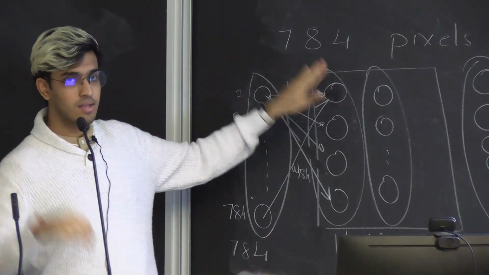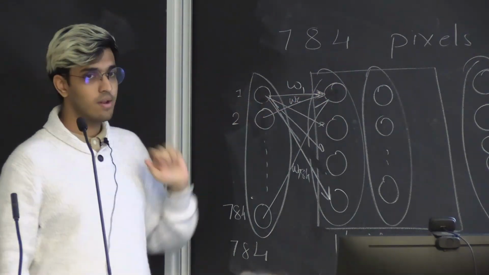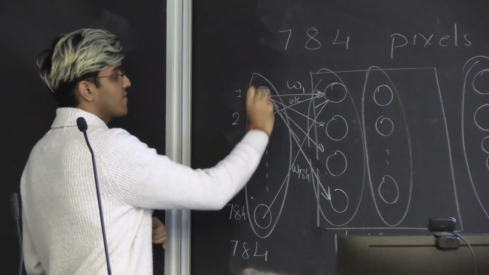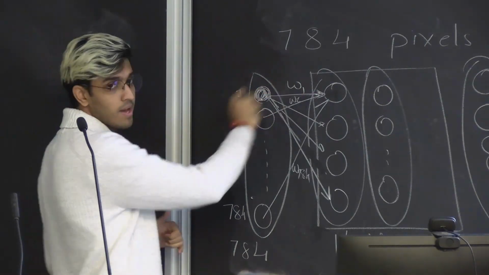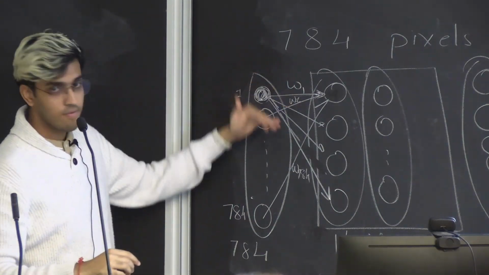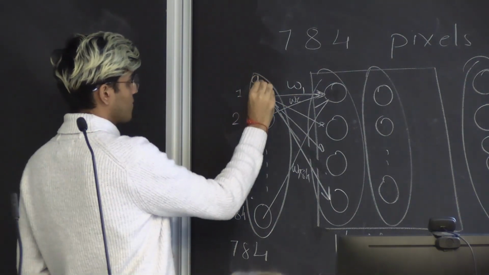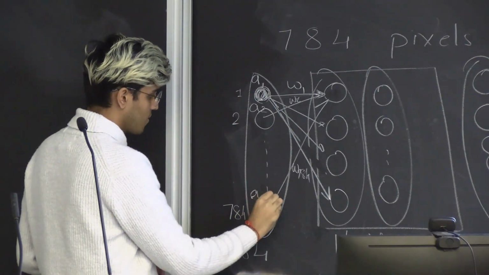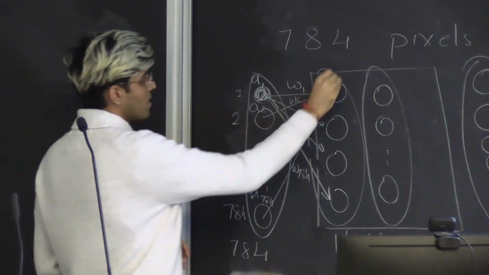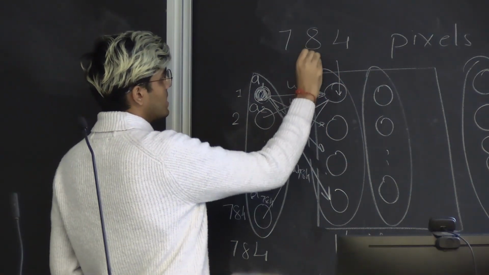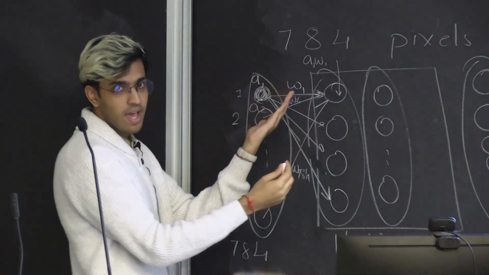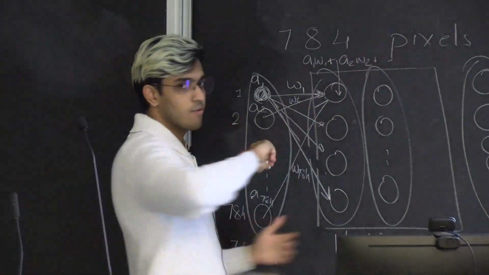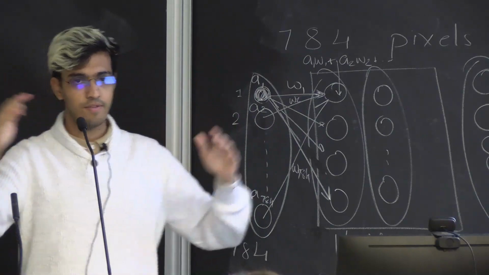And to calculate the quote-unquote activation of this unit, all you have to do is take the activation of the previous unit, multiply by its weights, and sum all of those up, right? So if the activation for this is A1, and for the second unit it's A2, and so on and so forth, the value here would basically be A1 times whatever weight the edge has, plus A2 times weight number 2, so on and so forth. You get this sum.